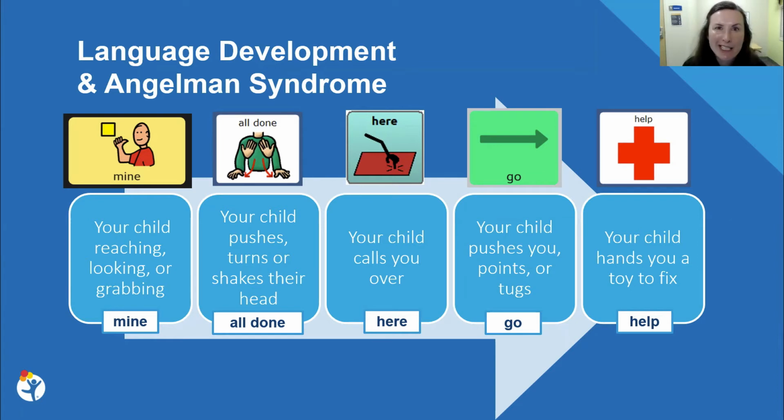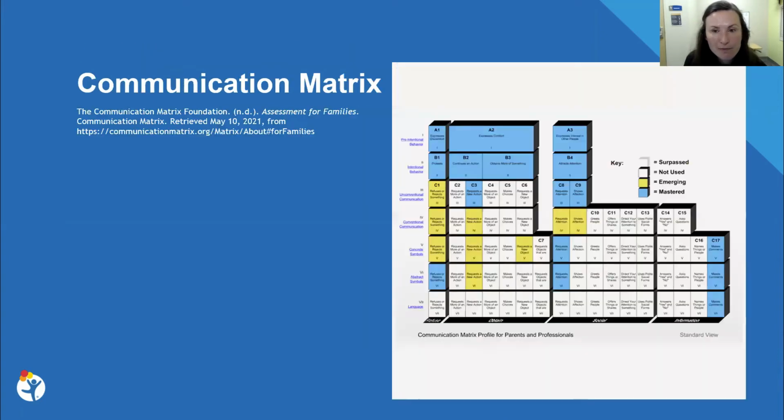We're just going to do it in a slightly different way. And that's going to be through using a variety of tools and strategies. And we can really dive into that a little bit more once we know a little bit more about your child's strengths. So one way we can identify all the different ways that your child is communicating is using something